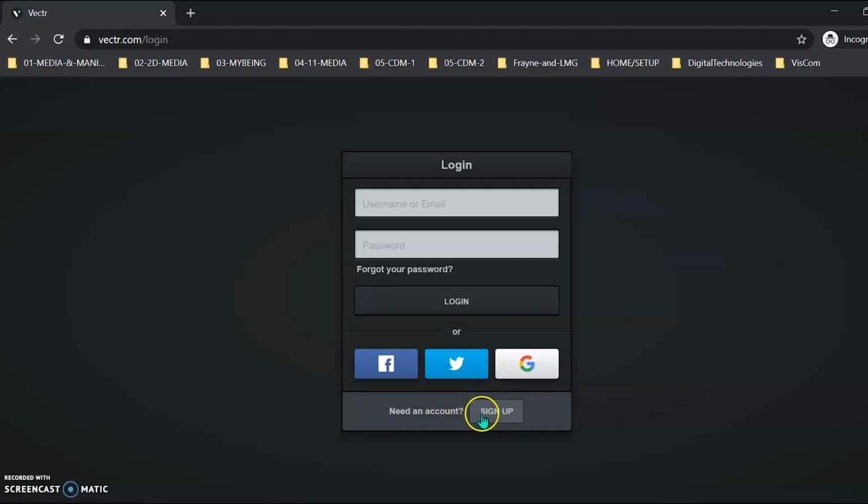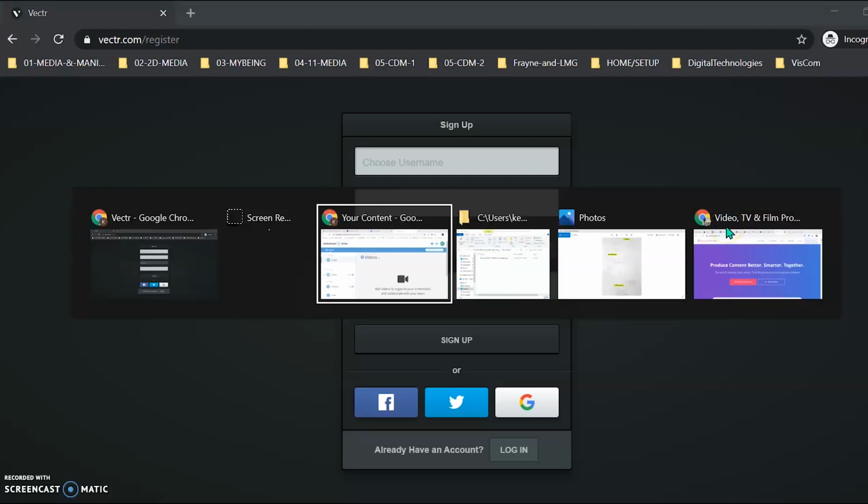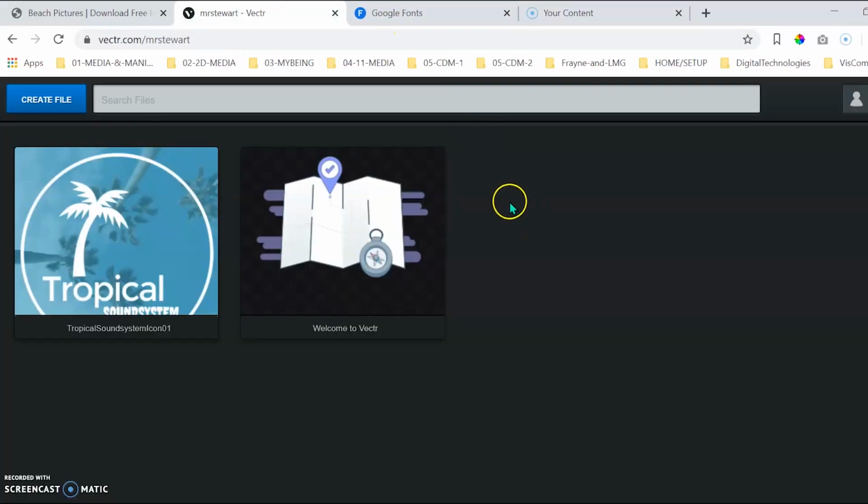So it says need an account. You can sign up down the bottom here and put in a username. You can add your school email in there and choose a password and sign up. And I think it takes you to a new document. I've already created mine, so